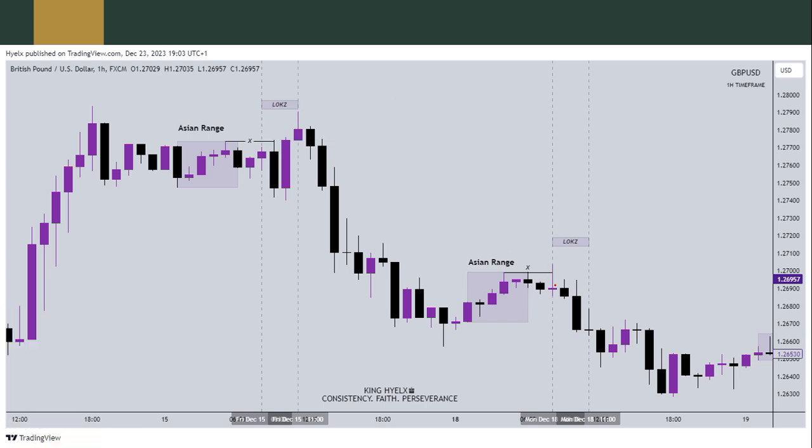Over here as well, you can see from 8 a.m. to 11 o'clock, exactly at 8 o'clock. I'm not always saying it's going to be exactly at 8 o'clock. Neither am I saying that at London kill zone we're always going to take out liquidity, but it's a distinct characteristic to look out for, right? Is what I'm saying. So at 8 o'clock we took out liquidity above the Asian range, and as you can see it formed the high of the day and we went in the opposite direction throughout the entire day. So during London kill zone we see this manipulation occurring.